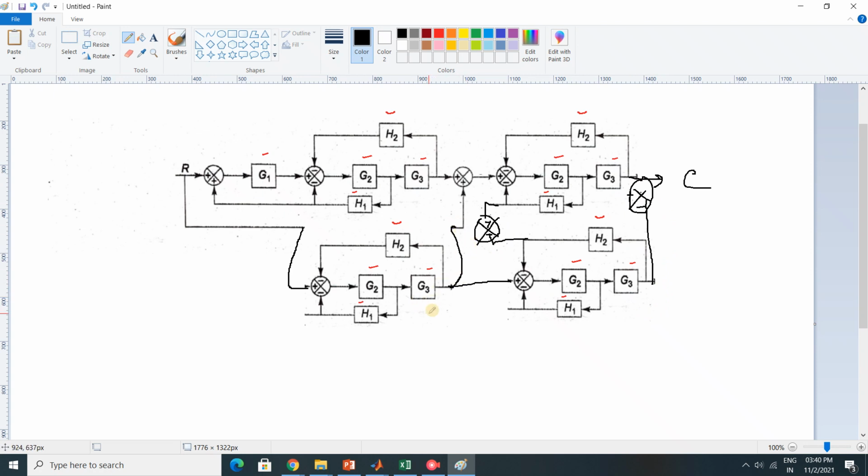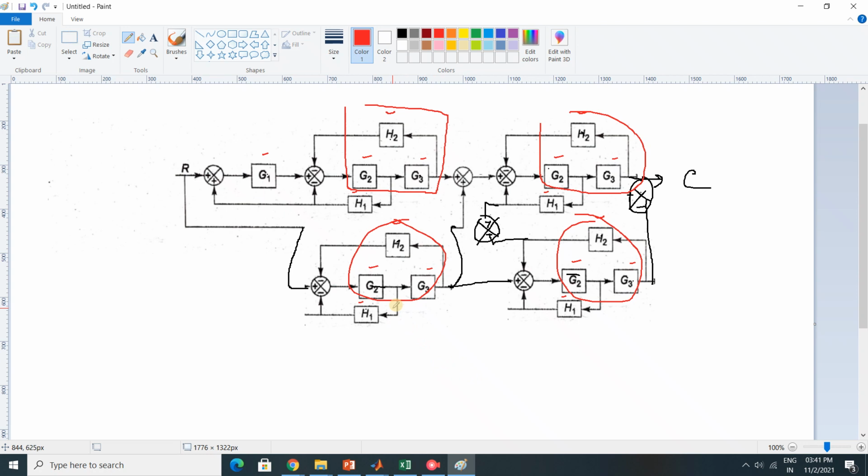So will you be able to solve this problem within 1 hour or 30 minutes? No, you will take maybe more than 30 minutes and you will commit a lot of mistakes. Because in this case, how many blocks are there? 1, 2, 3, 4, 5, 6, 7, 8, 9, 10, 11, 12, 13, 14, 15, 16, 17. And it is very clumsy. You have to sort out like this, go like this, and solve each and every case. Still it is easier, but suppose you have a system where 50-60 blocks are there,